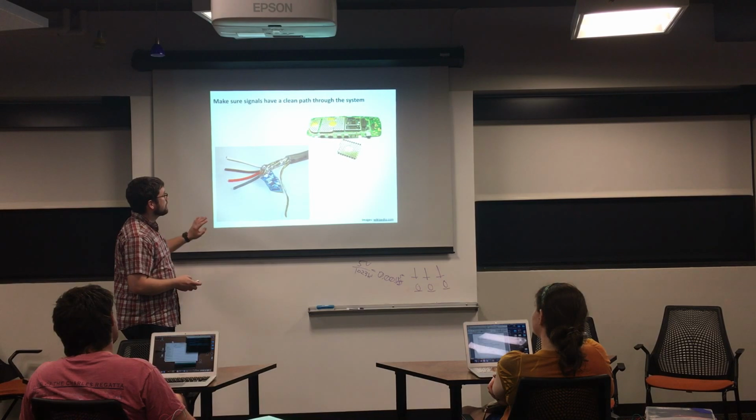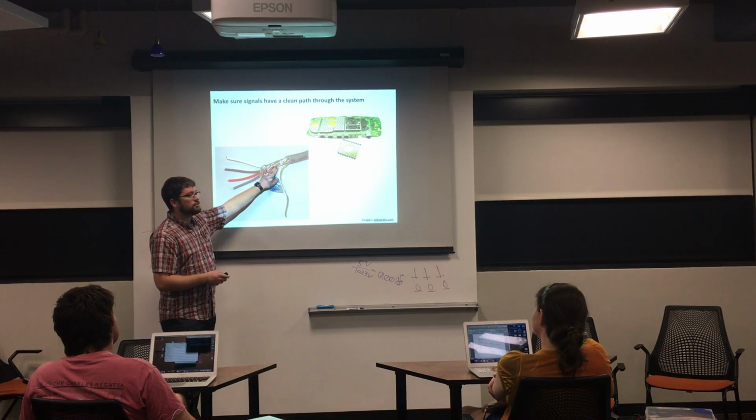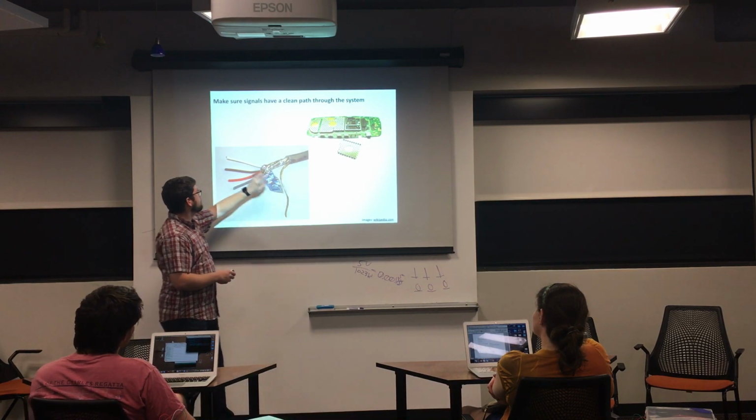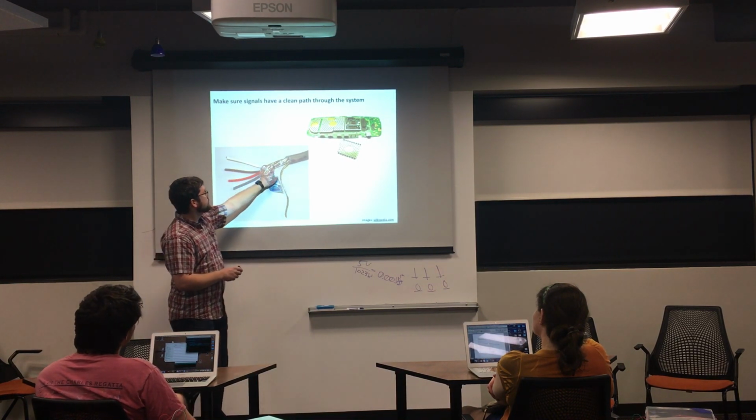You can eliminate this problem somewhat by using things like shielded wire. So this is, you can see the outer jacket of the wire. There are 4 conductors inside. And there's this copper foil